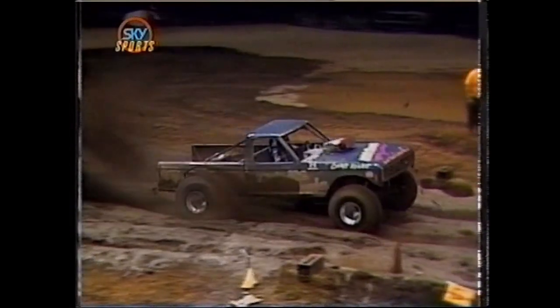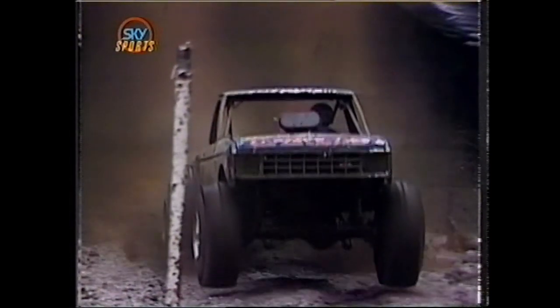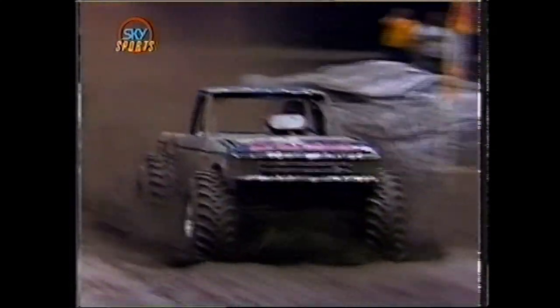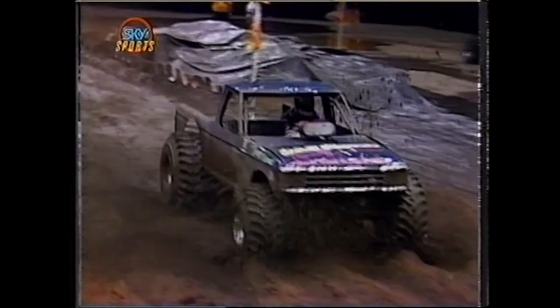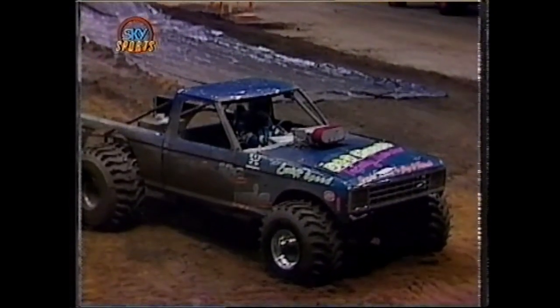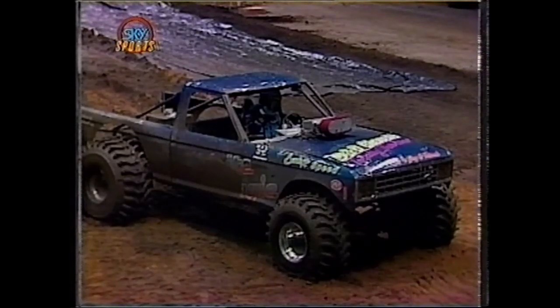Here's a look at the one driver who figured out every single aspect of this particular track. Perfect weight transfer, incredible traction, and driving beyond what was needed. David Ray, the winner of the Super Modified Mud Racing Championship in the Midnight Magic Ford Ranger. As if that battle was not wild enough, the